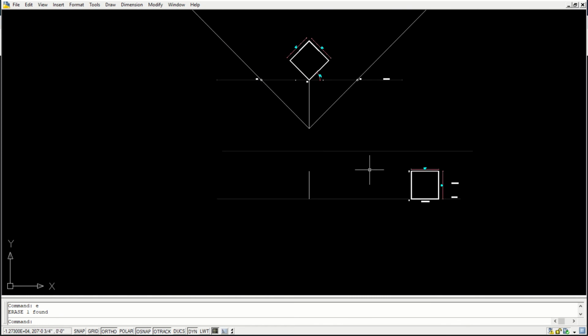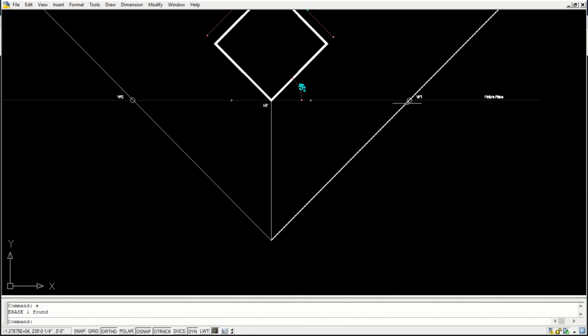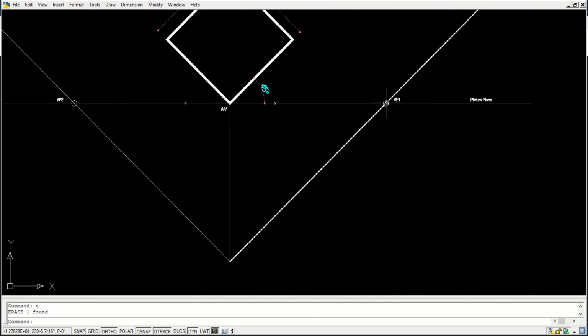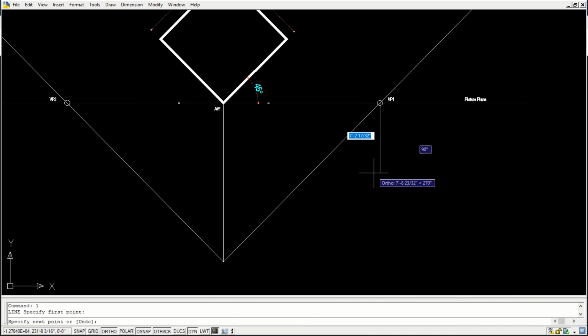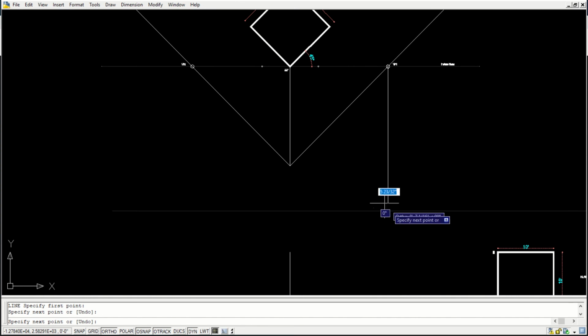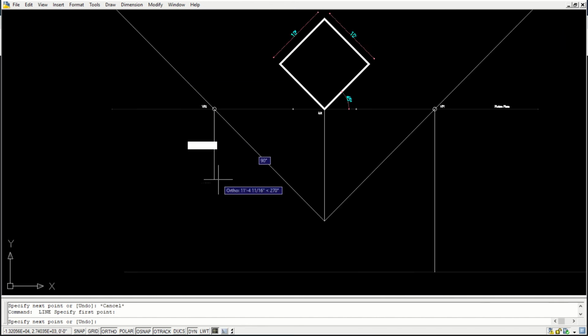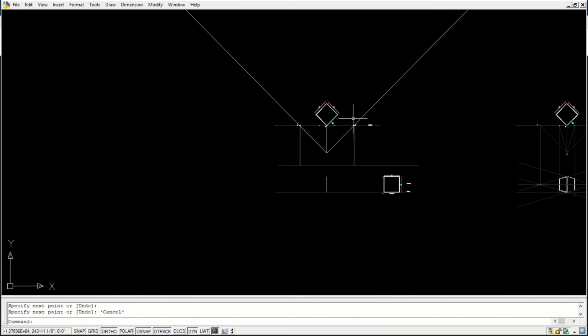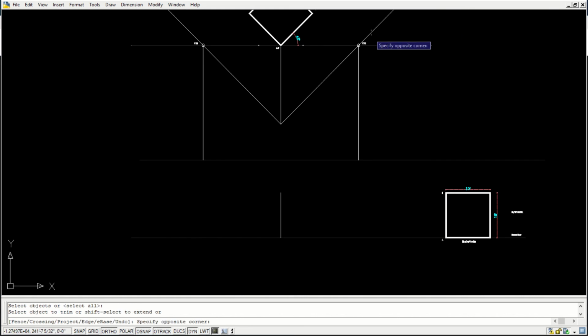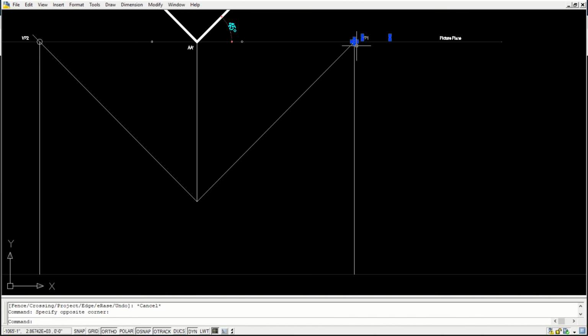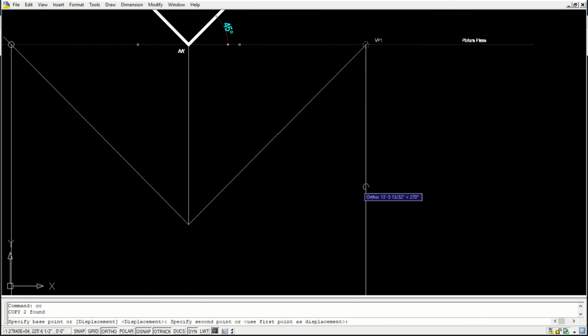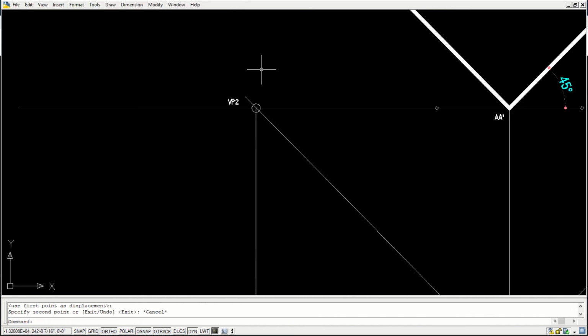Now I need the vanishing points. So from the stationary point I already have the vanishing points on here. I'll bring these vanishing points to the eye level from where I'm observing the object. In this case my eye level or horizon line is above the object. So I'm just bringing it here so that we know what we are doing.